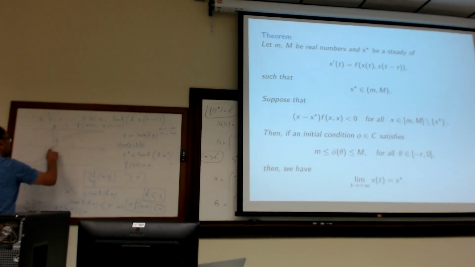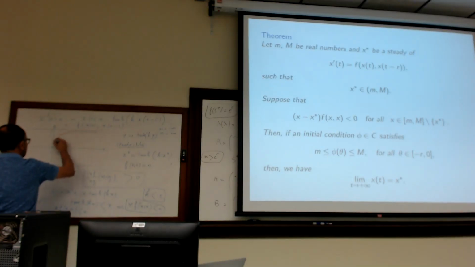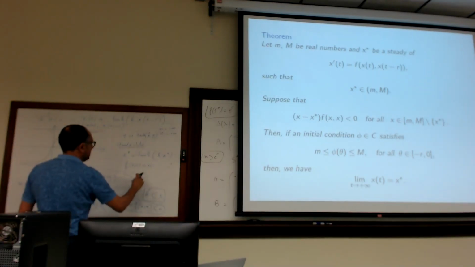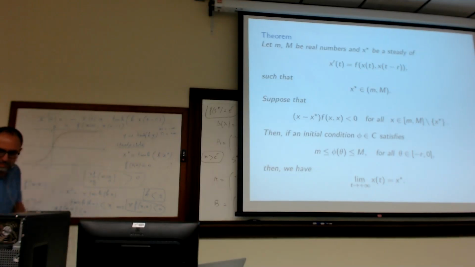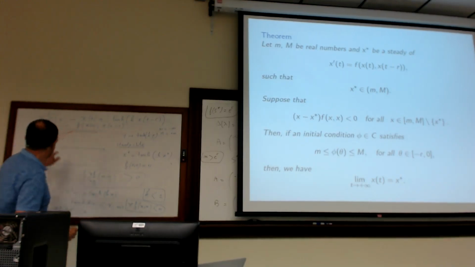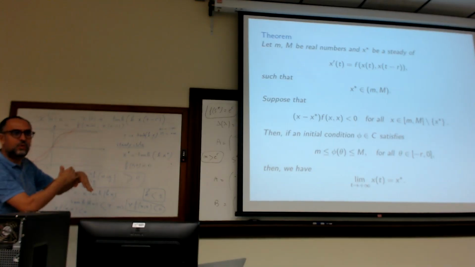If k is bigger than 1, that means we will have something like this, because the derivative is k. And the function x is in this part. That means here we will have three steady states: 0, 1 here, and 1 here. It depends on k. We will not solve it.